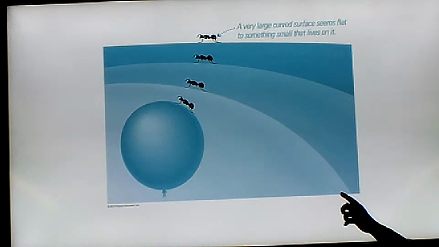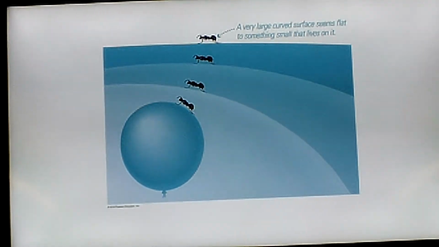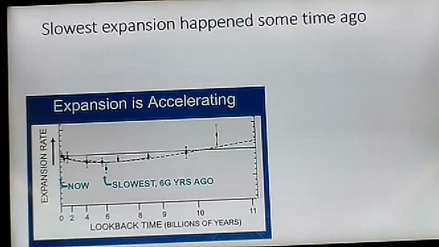So once again, we can only use this technique to visualize what happens to ants on a balloon because we have the advantage of an additional dimension. So if that's a conversation, and you have to do this sometime at a university, it's amusing. If you're watching them interact, somebody's going to go to the blackboard and start writing equations of higher dimensional spheres. And then it gets really technical. But this does work, in a sense, to explain why we're receding from our neighbors. It's because everything's getting bigger.